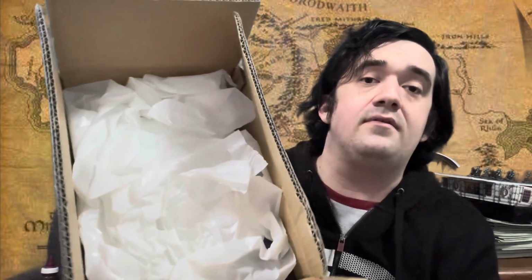So first of all, we open it up. We have a buttload of paper. Again, like I said, I have not opened this, so I don't even know what that is. I think it's probably some packing material that I've never seen before. So I have a lot of that. So first of all, what we have is